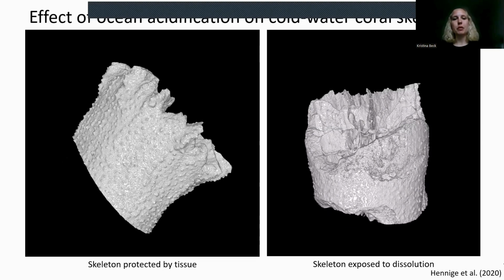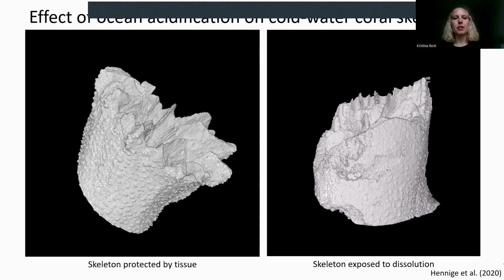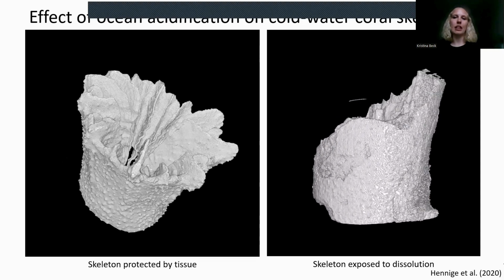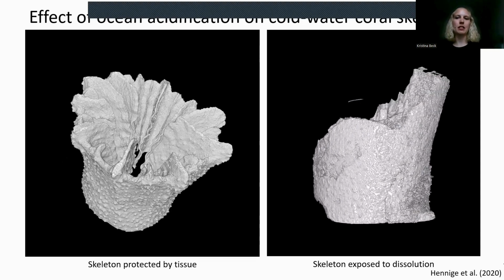And we want to do similar analysis with the samples from my experiment. It's just a really large data set, so we're still in the process of analyzing all of them. And this is the same kind of video of the micro CT images of 2 samples, a live coral and a dead coral, and you can clearly see the porosity in the skeleton on the right side over time.